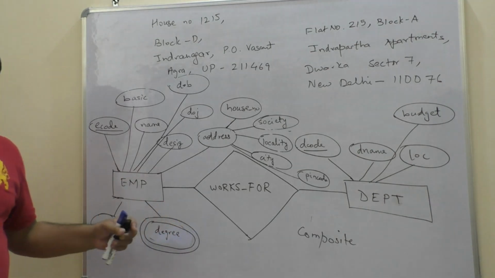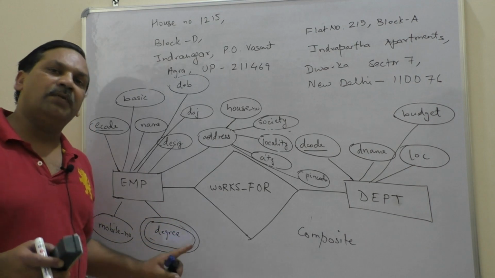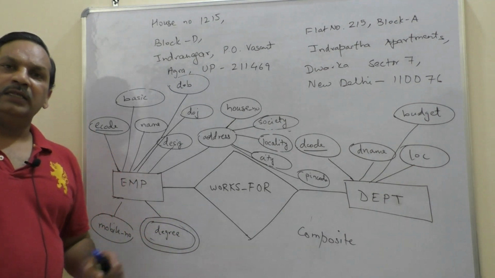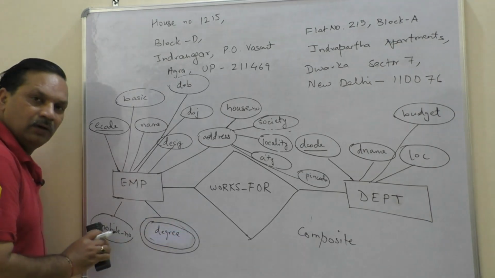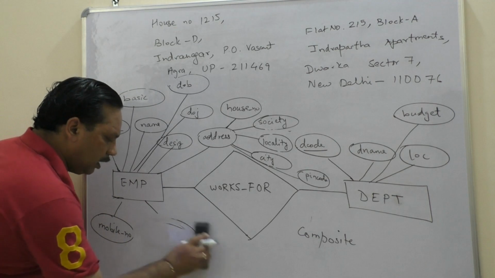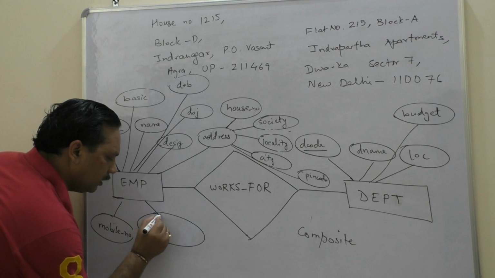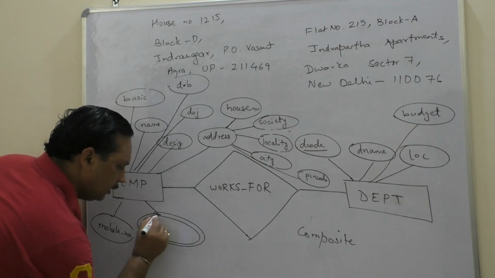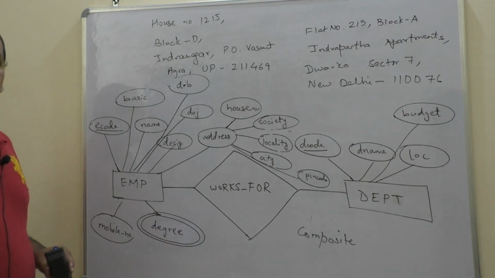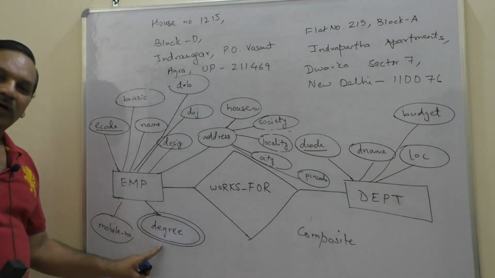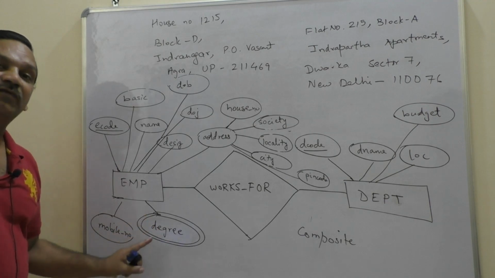So if there is a particular column or attribute or field for which there can be multiple values, then we say that it is a multi-valued attribute, and we denote it by the symbol what? Double ellipse. I repeat, how do you denote it? If you are not clear, I make it like this, and then again like this, and then I write the name of the column, degree. I hope you have got it. This is the symbol for multi-valued attributes.